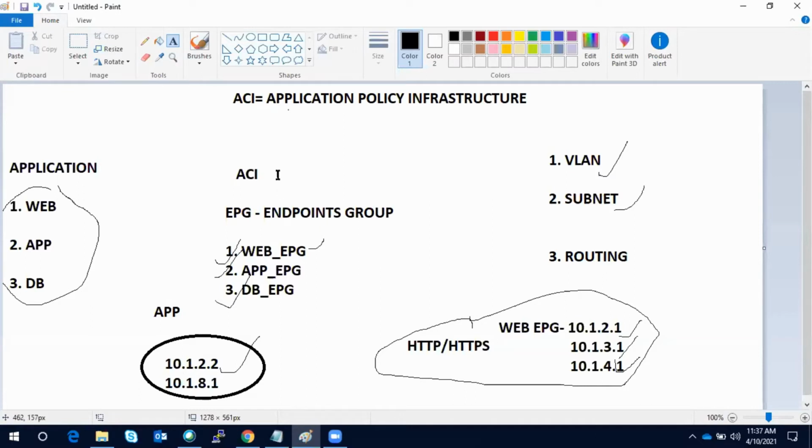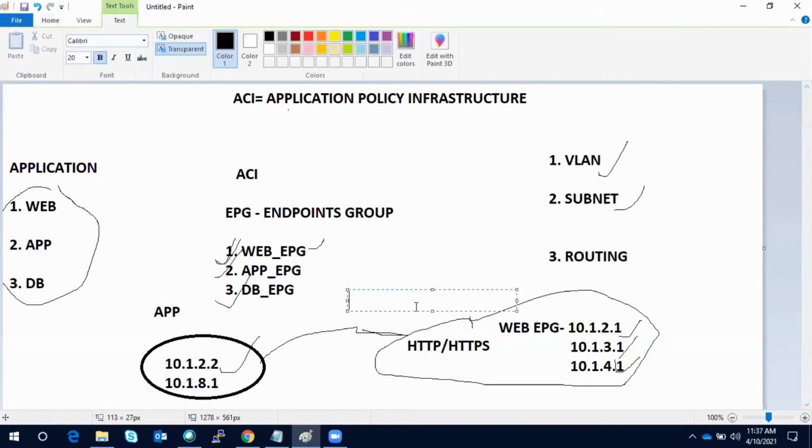In ACI, an EPG can talk to another EPG only when there is a contract in between. So we have to define a contract. It does not matter that these are in the same subnet. With 10.1.2.2, one app server and one web server are in the same subnet, but still they will not be able to communicate until you define a contract.